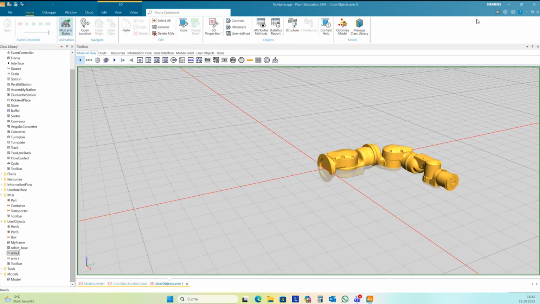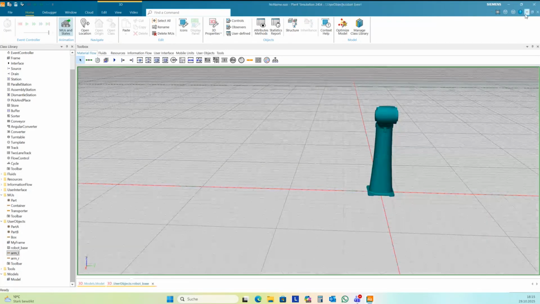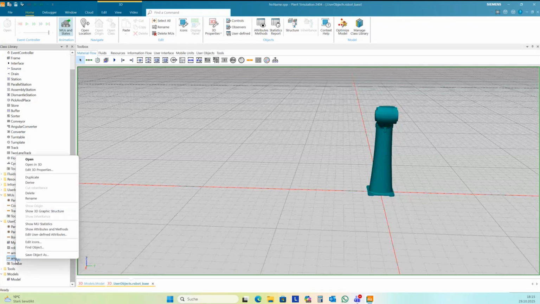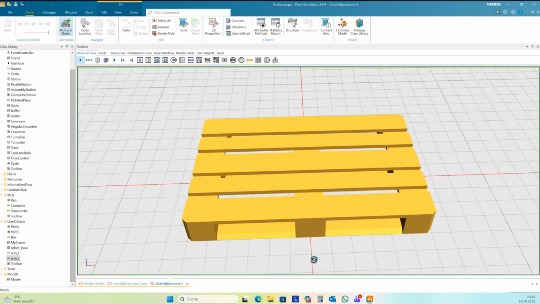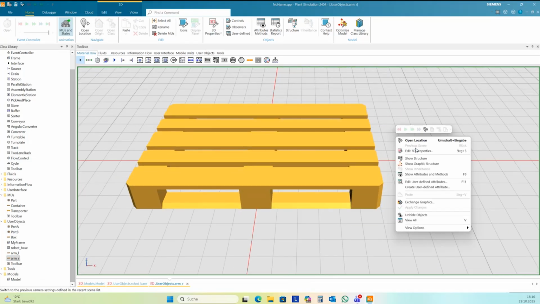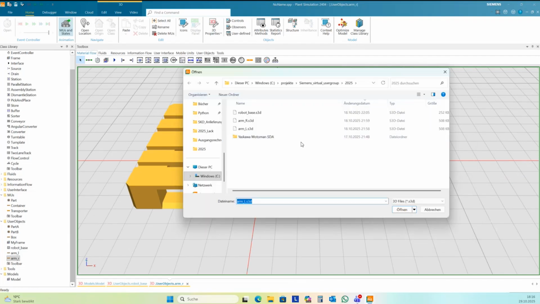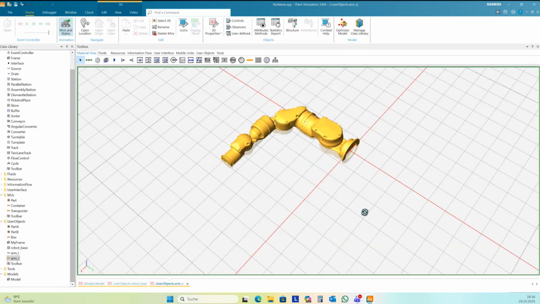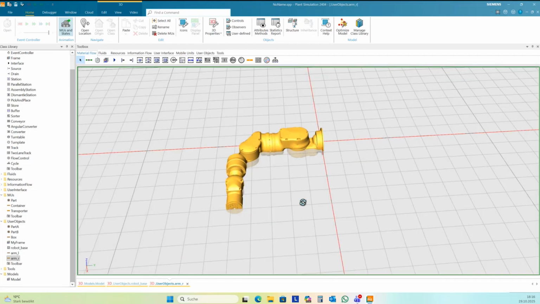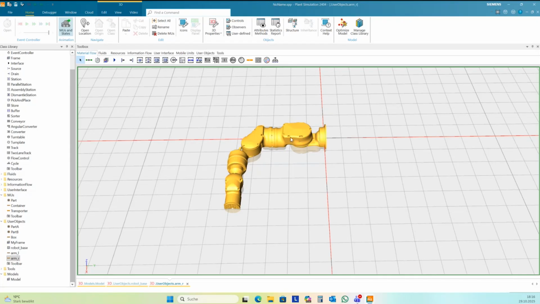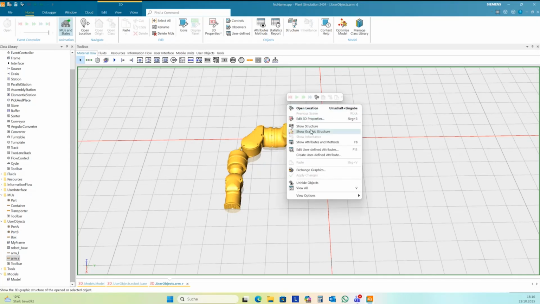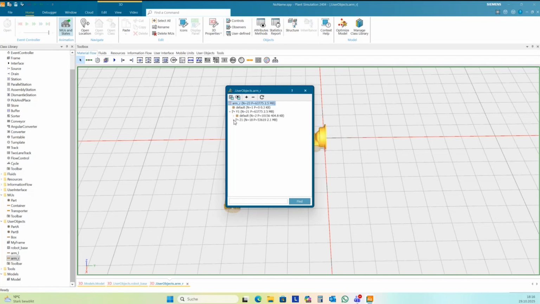Okay, the same for arm right. Open it in a new 3D window, and then with Exchange Graphics, you can load the S3D file, and this is arm right. And this is, yes, the other arm. I changed all this structure into a hierarchy here, and this is the basic work you have to do.